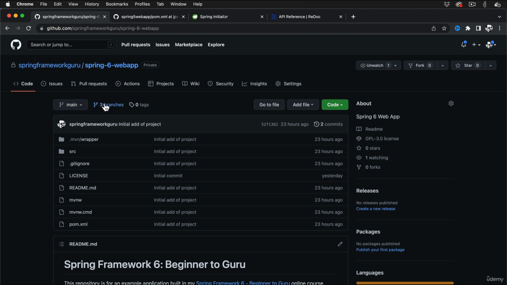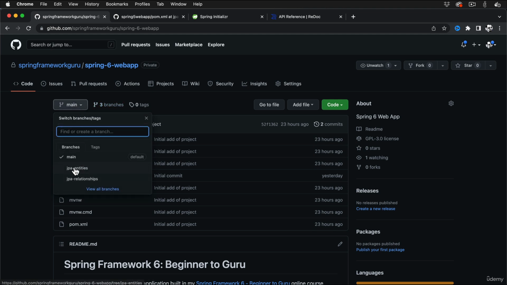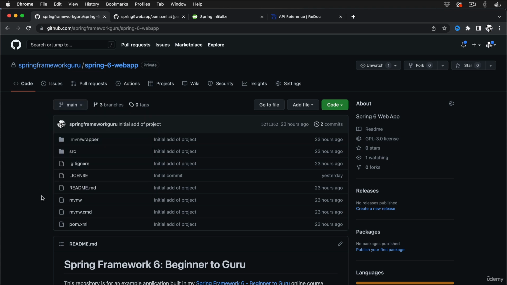You can see we're on the main branch right now, but I also have JPA entities and JPA relationships. These are the two lessons that we recently completed in the course. With every lesson, I start off on a new branch for that lesson specifically. The state of the code will be on the previous branch, which will be the starting code. Then I create a new branch, make a commit to that, and push it